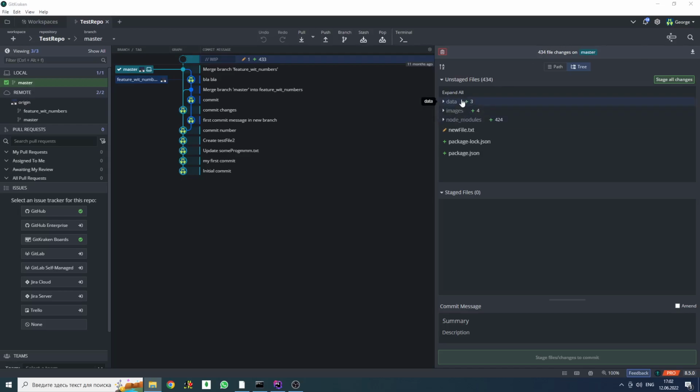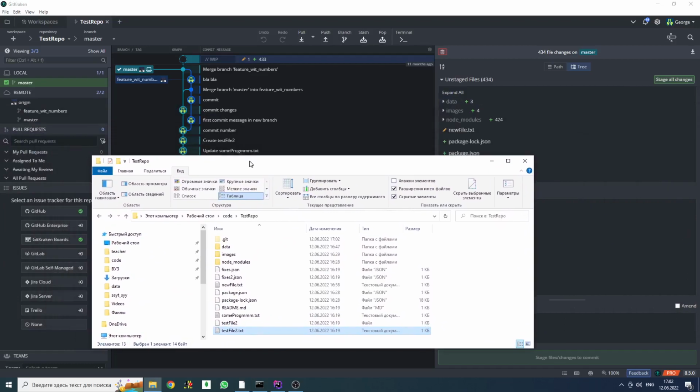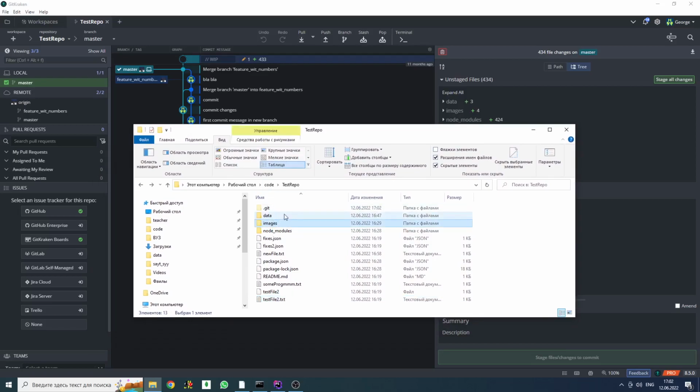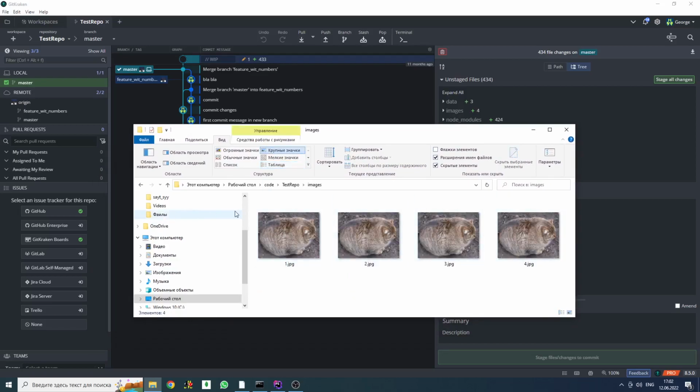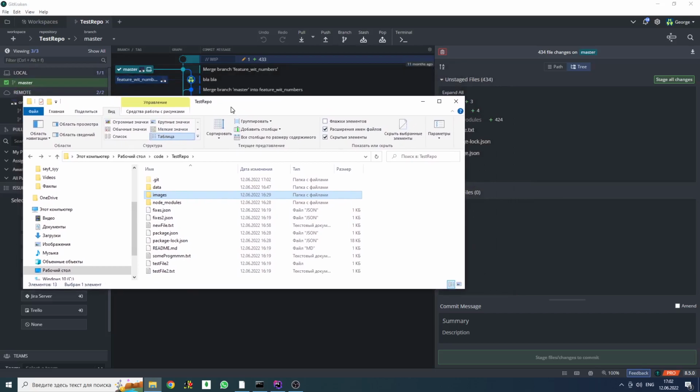Anyway, here you can see I've already added some of the files. I didn't commit them yet, but still. Let's say that some of these files or folders I don't want to be committed, but I still want to keep them locally. For example, I have this images folder where I have the images, and I don't want this one to be committed, so it won't go to my remote repository, but I still want to have them on my computer